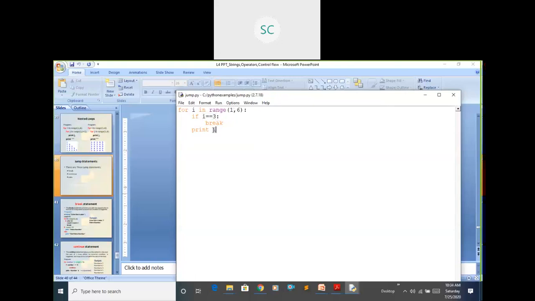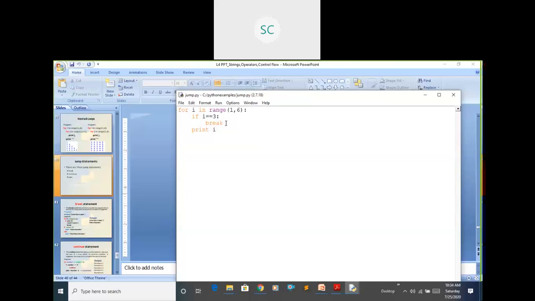The second i value becomes 2, this condition is false, so it is printed. In the third case, the i value becomes 3, and in that case it is true. If the condition is true, I have used the break statement here. What the break statement will do is break the loop, and it will come outside of this loop.